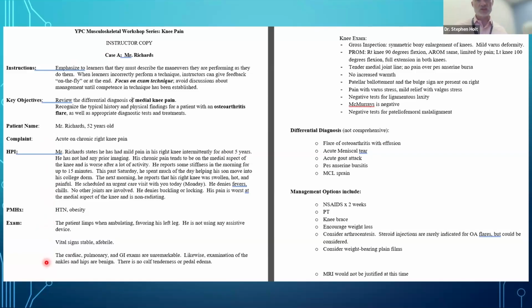And what the instructor gets, and what the standardized patient also gets, is the actual physical exam findings. So this is what they're actually going to see. This is what the instructor would describe as the resident is going through the exam. Importantly, we very deliberately tell